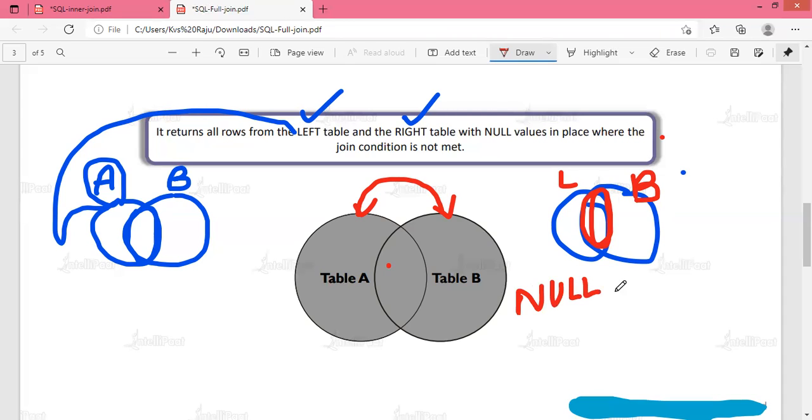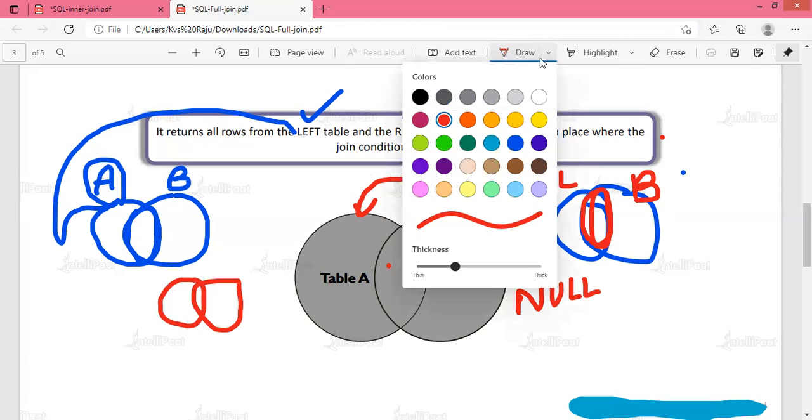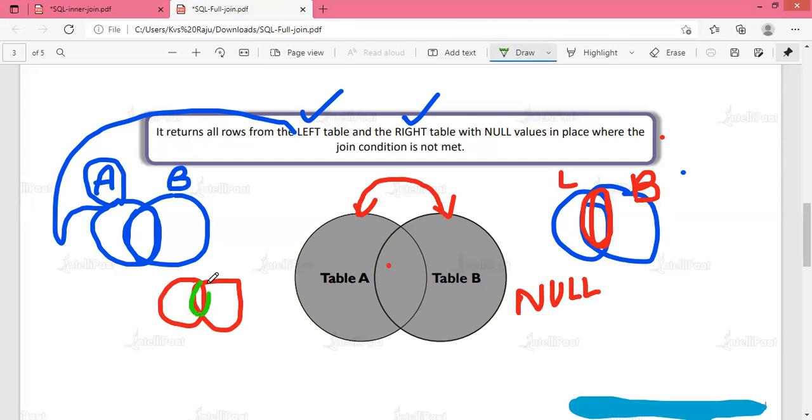Suppose you want to perform the inner join operation on both the tables. Inner join is going to display only matched records. Matched records from both the tables are displayed in the case of inner join. This is all about joins which are used in SQL Server.